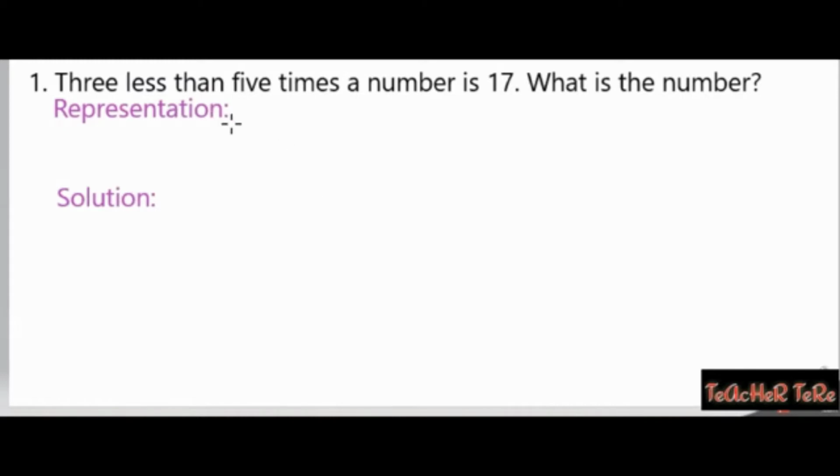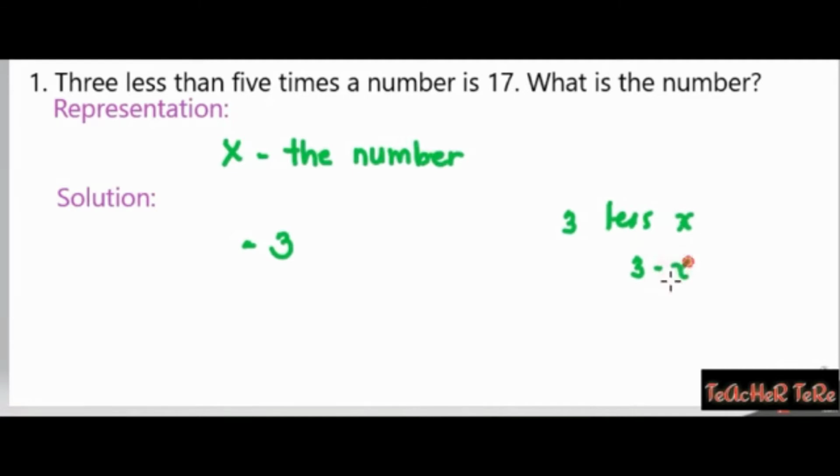So the first step is you have to understand the given problem. Since we're just talking of one number, let's represent that number with a variable since we still don't know that number. So let's name it as x. So this is our number. And it is 3 less than x. If you want to write it in symbols, it will be 3 minus x. If it's 3 less than x,